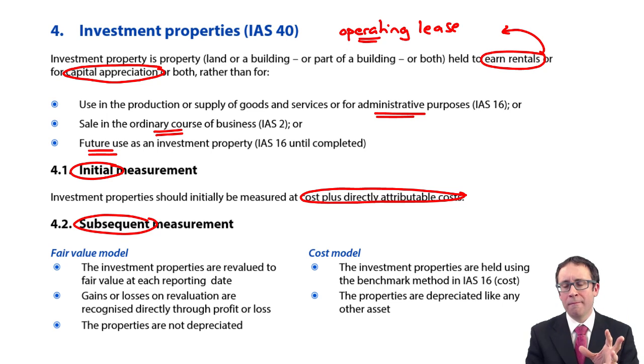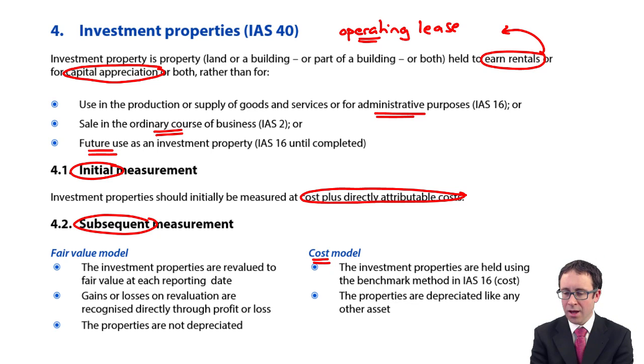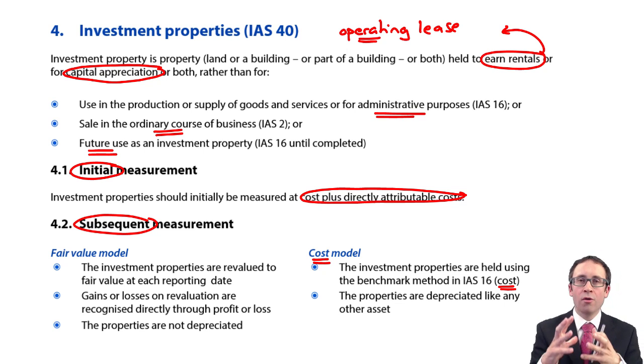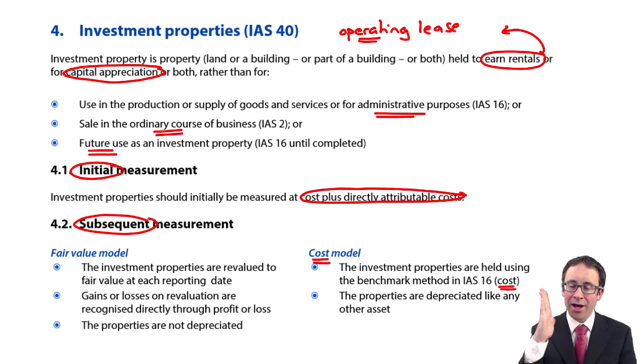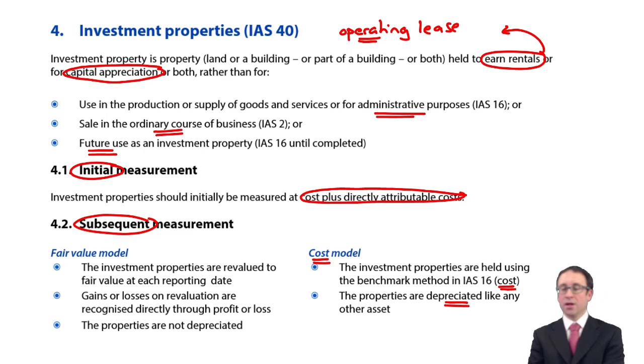But the subsequent measurement is where you need to pay a little bit of attention, because you've got your normal cost model. You can choose this, but businesses tend not to. And what you do there is just follow IAS 16. Capitalize it at cost, depreciate it over its remaining useful life. Obviously there will be no revaluation model. You just hold it at cost only. So you hold it at cost, depreciate it like anything else. Just note, if you are following the cost model, you should disclose the fair value, but that's a minor point